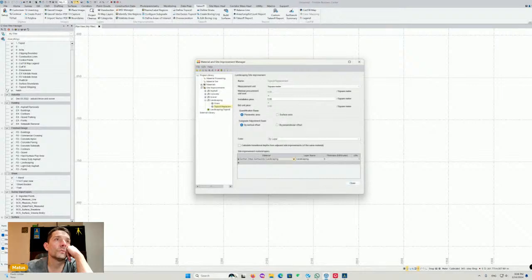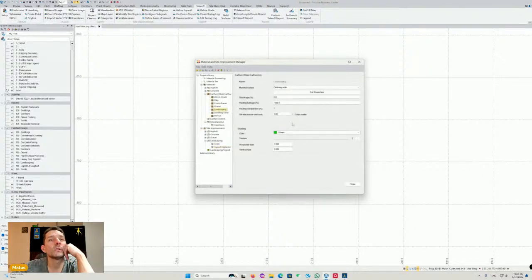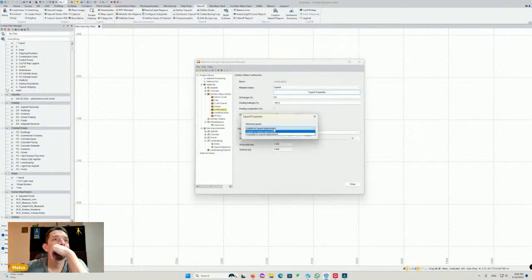So I have to go to my materials, landscaping. Usable and unusable. So you would have to set both of them. One would be like a stripping topsoil, and one would be topsoil for replacement, because stripping topsoil usually has that vegetation, or it might be